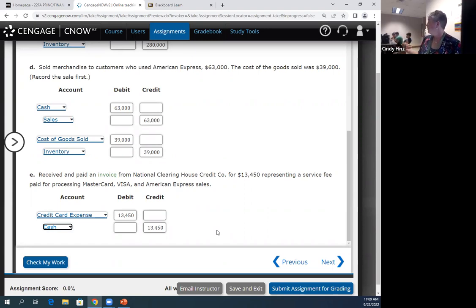If these had all been cash sales, or if they'd been internal credit, store credit, if you will, if we billed the customers ourselves rather than going through a credit card company, we could have avoided those $13,450 in fees. But again, as we'll talk about more in the receivables chapter, it brings another set of issues with it. The biggest one of which is probably now we have to try to collect from our customer, and some of them may be unwilling or unable to pay when the bill comes due.